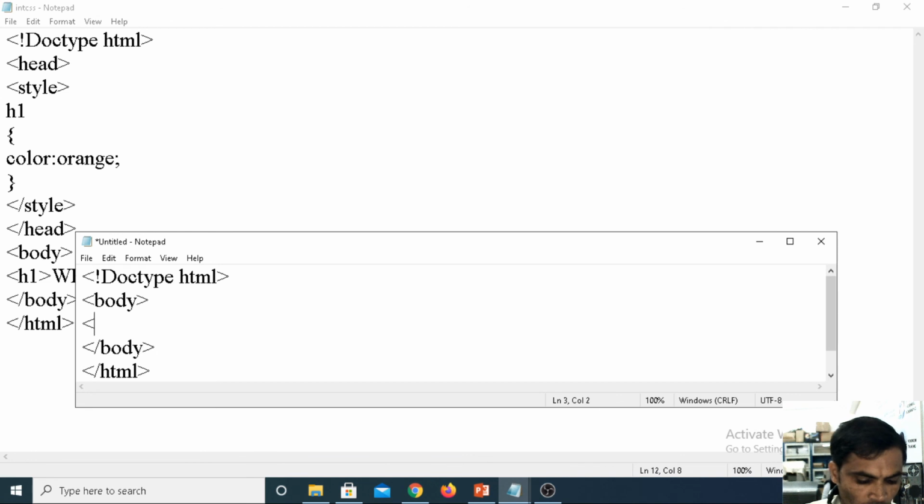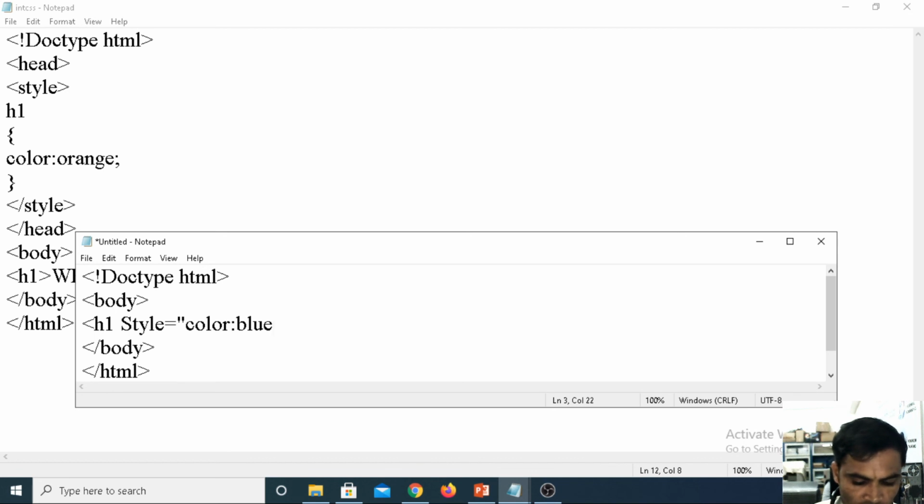Then h1 is a tag. Inside the h1 tag, I am defining the properties: color blue.